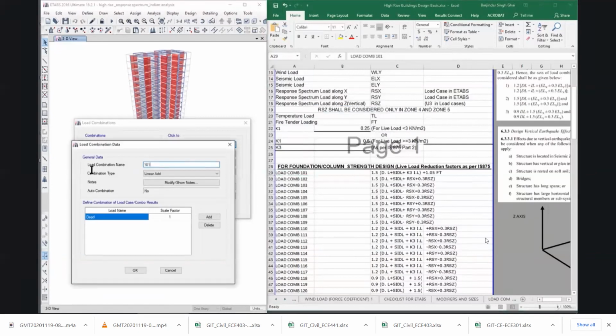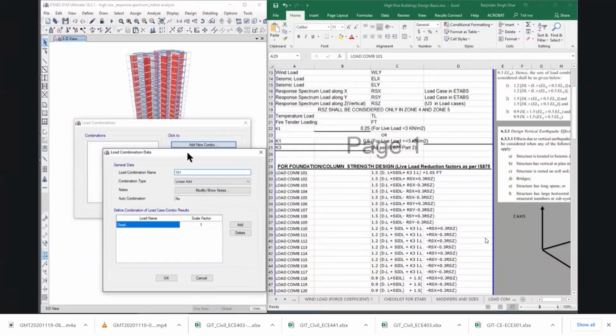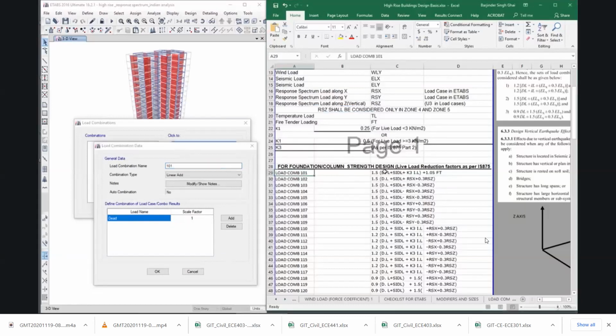After that, we will always write the number here, that is 101. It is important for the order of the load combinations. Why it is important, I will tell you later. So here you will just copy this load combination